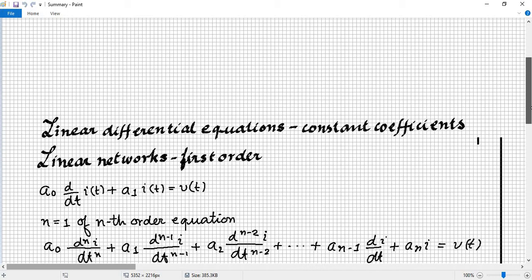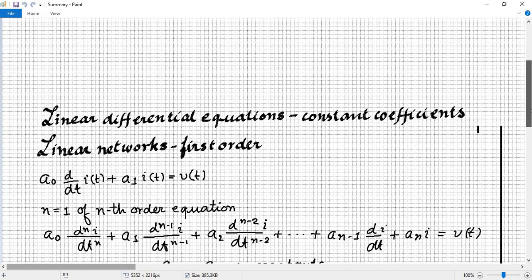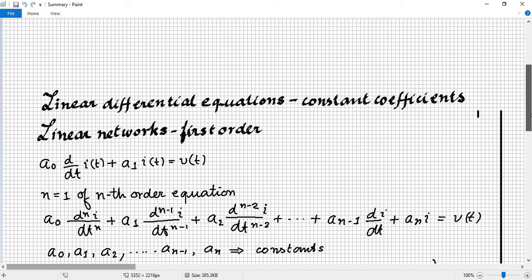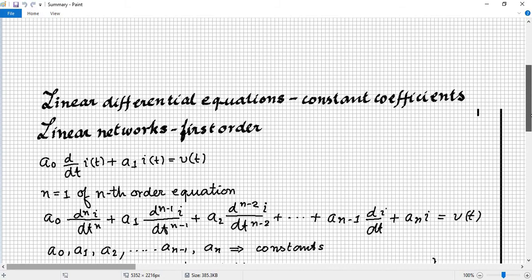The last term is an into i is equal to v(t). In these equations, a naught, a1, a2 up to an minus 1, an are constants,